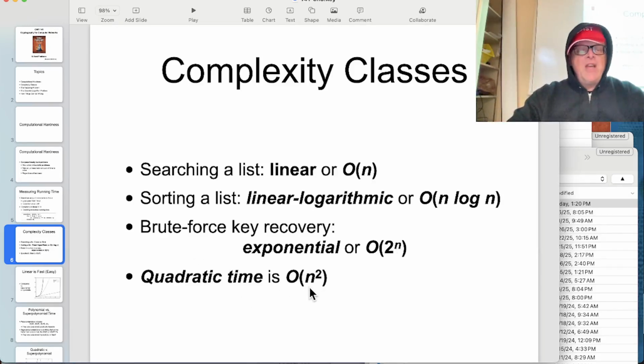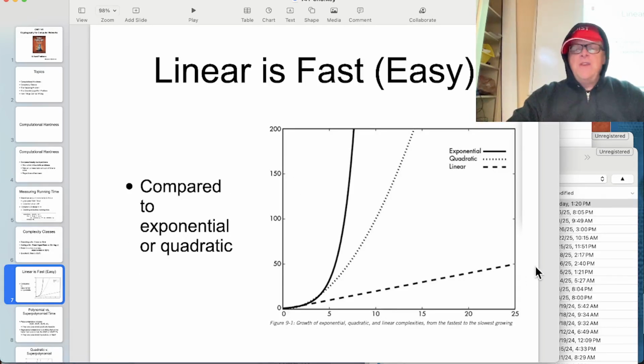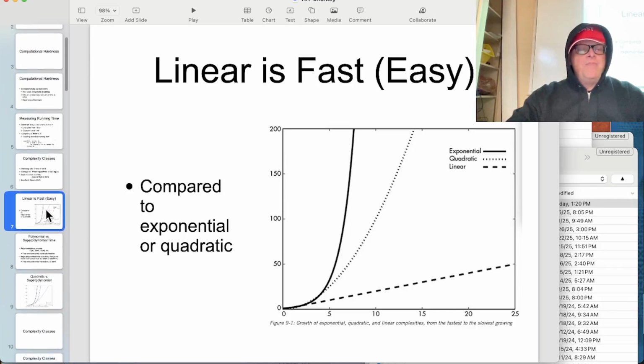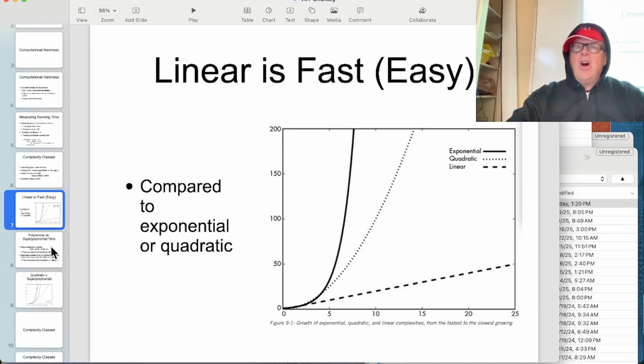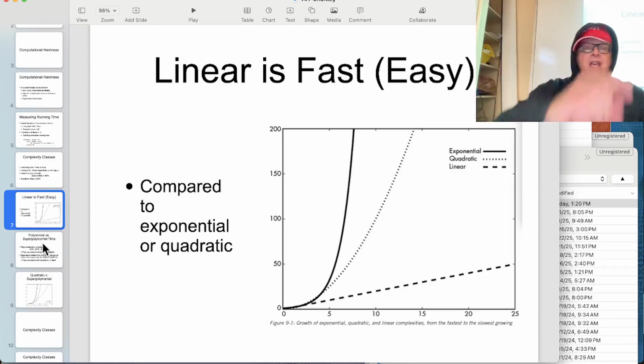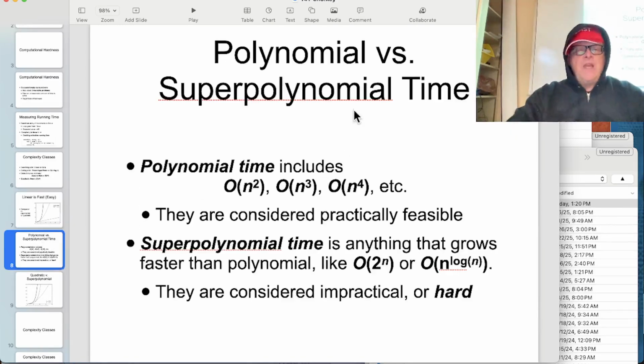And there's quadratic time, n squared, that some problems are like. So you can rate these things. Linear is considered easy, even quadratic is considered easy, but exponential is considered difficult. And this is just sort of a value judgment. You consider any power law to be what they call easy, because that grows as some power of the size, but things that grow like 2 to the n grow much faster. That's the idea. So polynomial time is order n squared, order n cubed, order n.